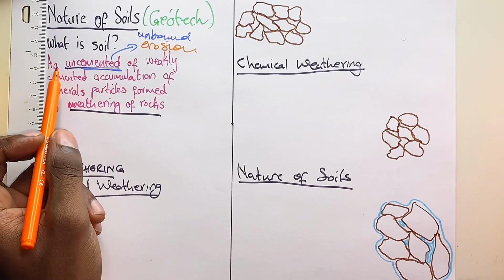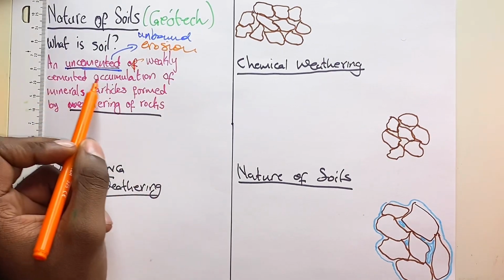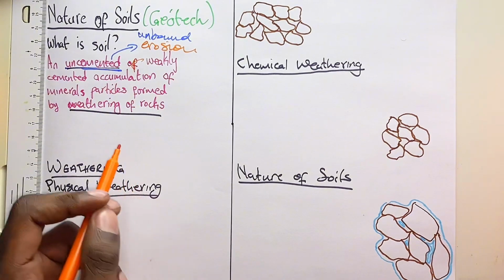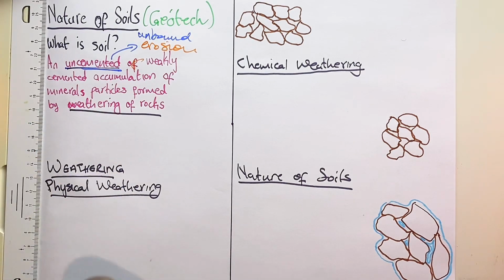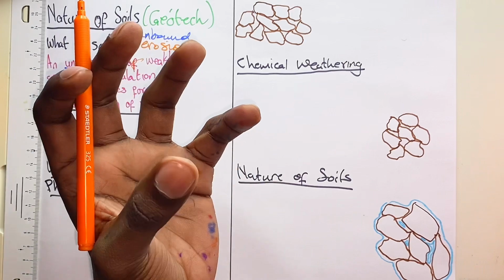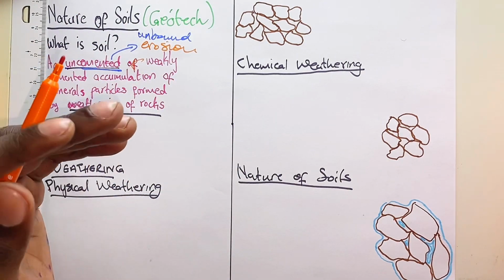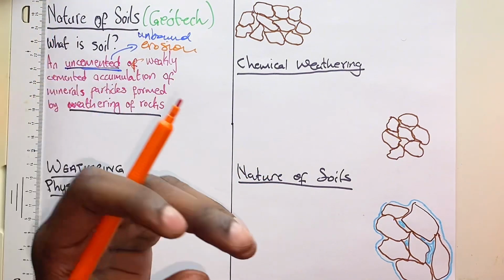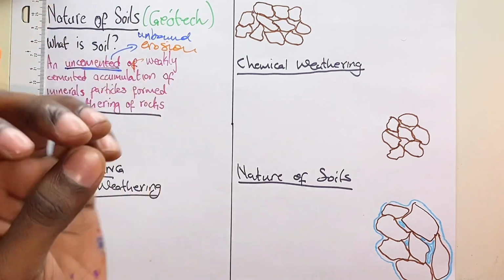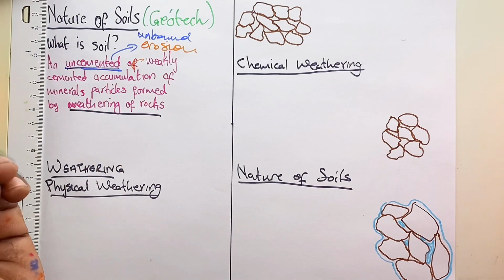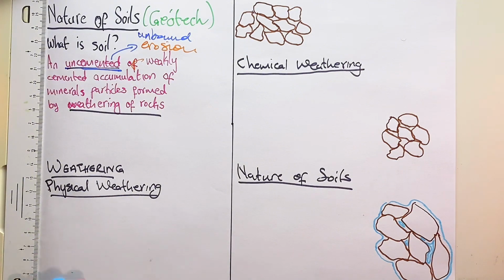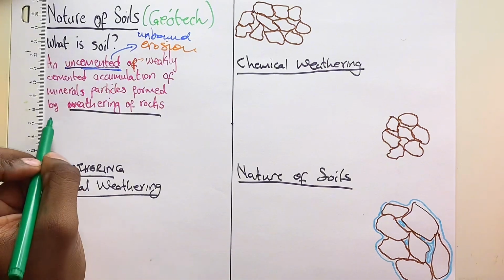Now, we say an uncemented or weakly cemented accumulation of mineral particles formed by weathering of rocks. When we say weathering, we mean that soil comes from bigger particles that have broken down and broken down over a period of time. Even if you have a mineral rock like quartz that keeps breaking down, it will maybe end up being small, finer particles of soil. Where it actually weathers is very important because you can have two types of soil. The first one is called